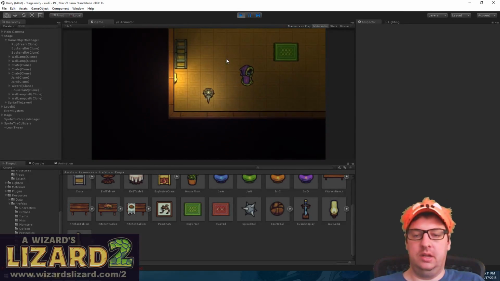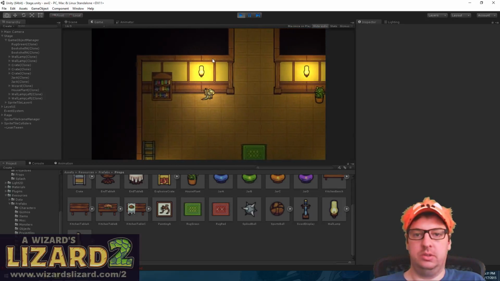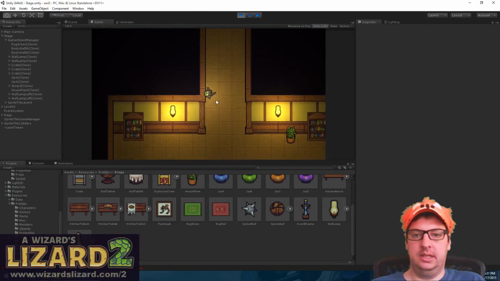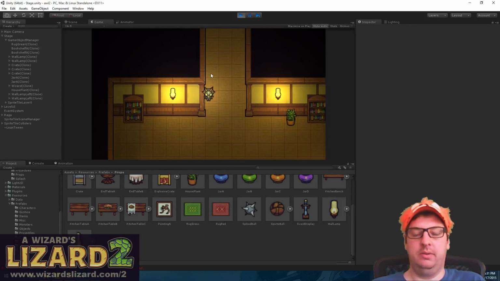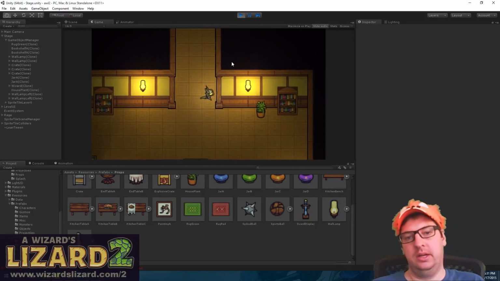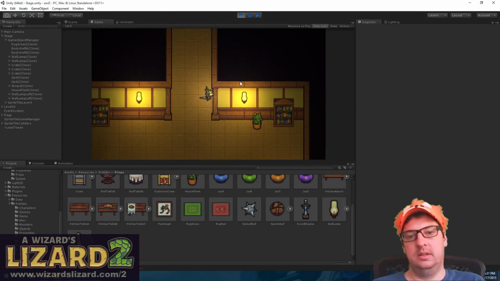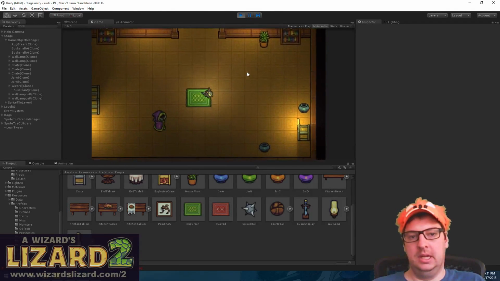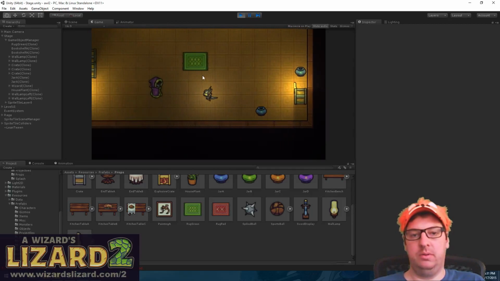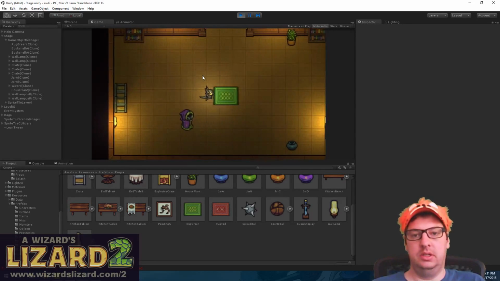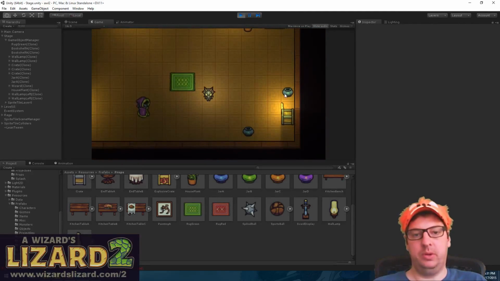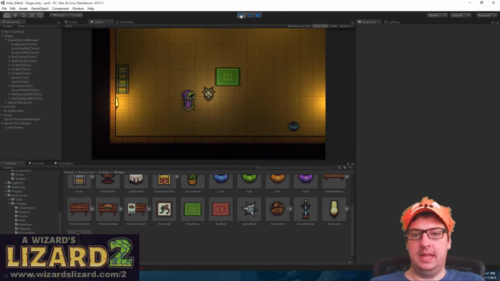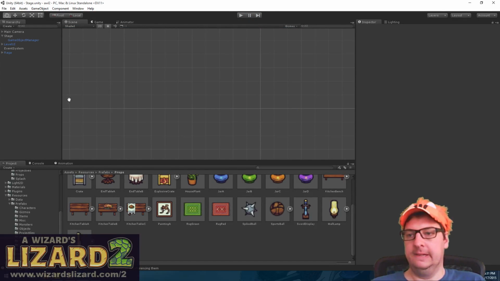The edges of the house are kind of a weird case in terms of overlapping. Like I said, here you can see his face is overlapping the top of the doorway, and really we'd probably want that to be on a higher layer. But that would involve a little bit of work in terms of rejiggering how the tile map works. Anyways, now that we've got that light in there, which looks pretty good, we're going to create basically the opposite,